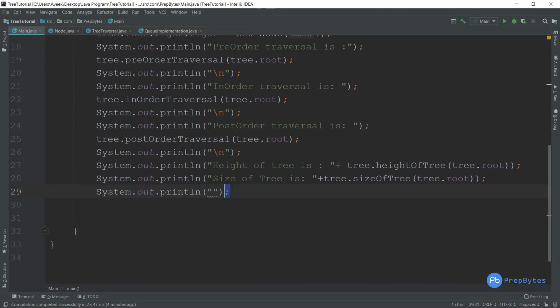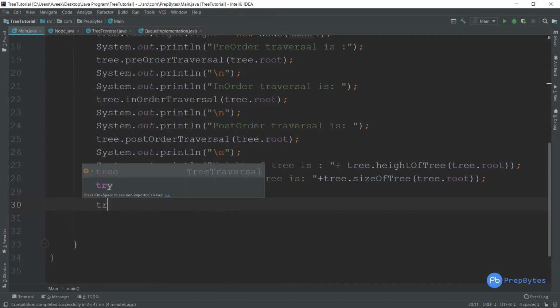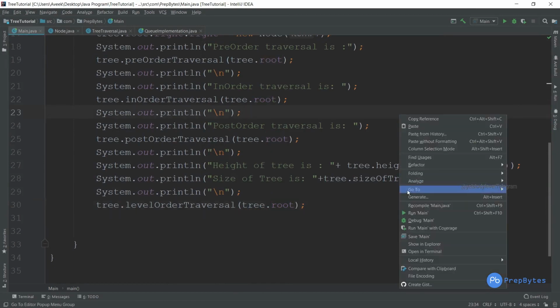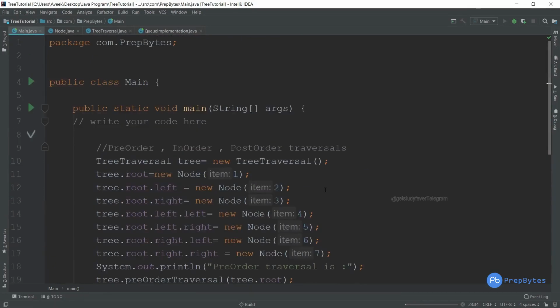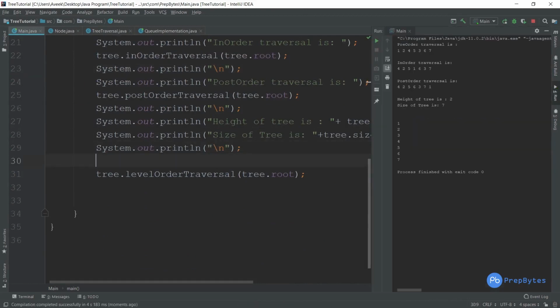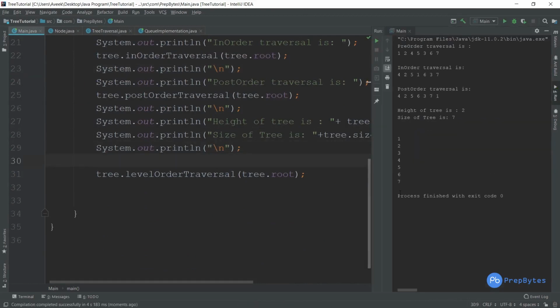Now what you have to do is take the next line and call tree dot level order traversal and pass the root. Now you will see that it will print the level order traversal, that is nothing but 1 2 3 4 5 6 and 7, and again I have done the same mistake. I have done this mistake so many times now, sorry for that. And you can just print level order traversal,